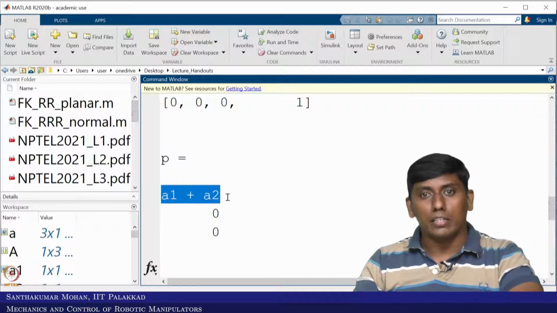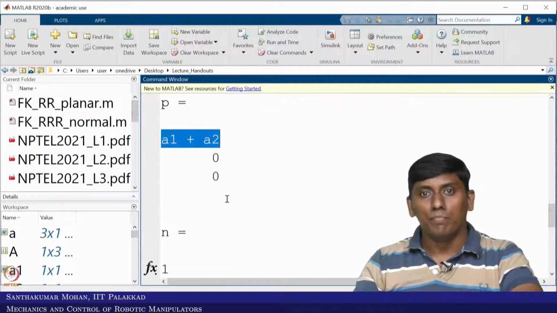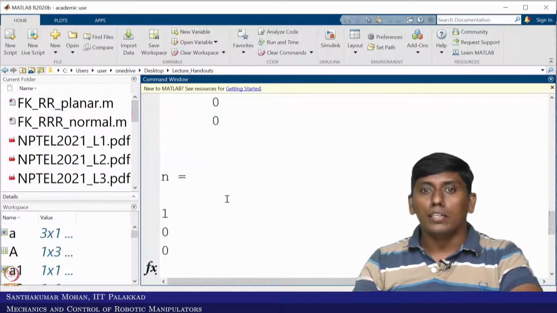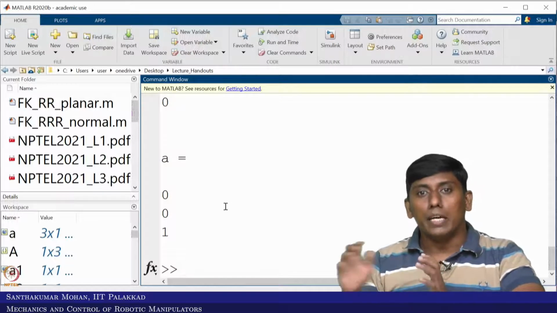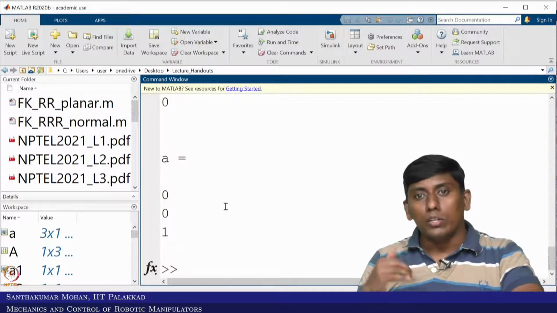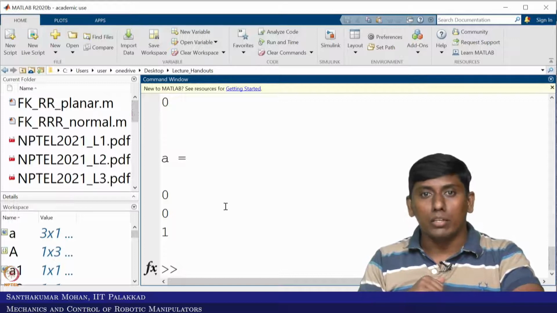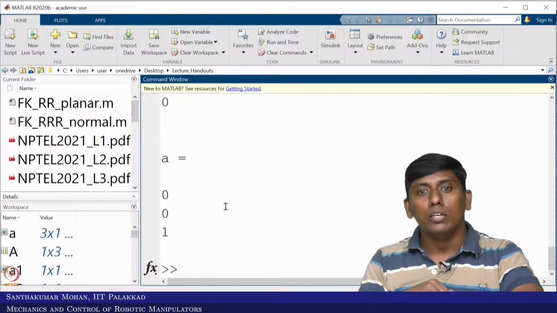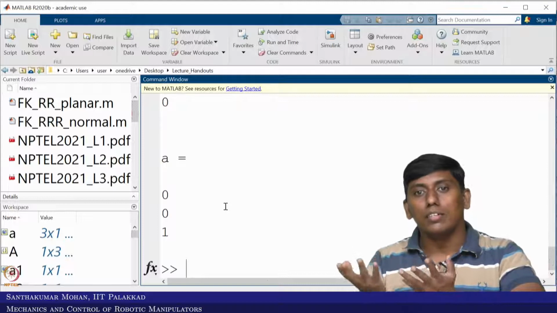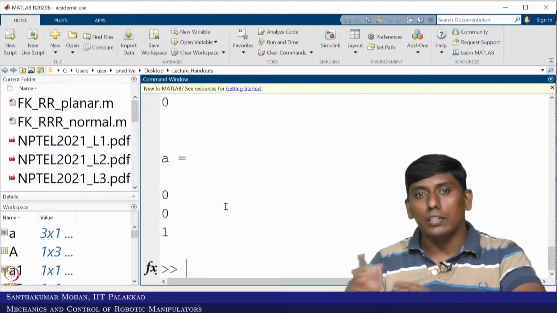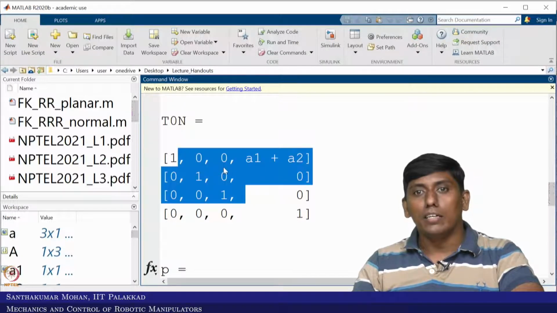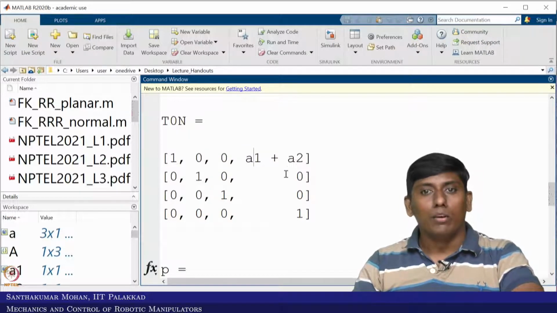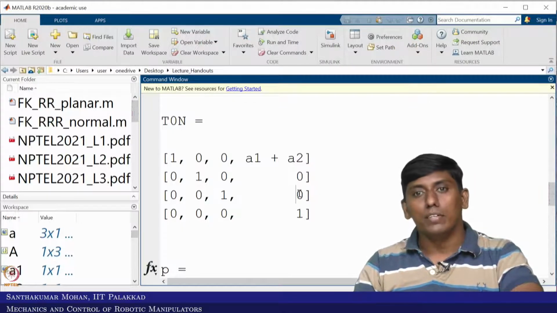that is matching with our previous attempt with the straightforward forward kinematic relation without, you can say, MATLAB, and the normal would be 1 0 0 and slide would be 0 1 0 and approach in the sense, you would be getting an identity matrix. Because your z3 axis is parallel to z0, your x3 is parallel to x0. So, in the sense you would get the orientation matrix as identity. So, that is what you are getting. You can see it is the identity matrix and x displacement only, y is 0 and z is again 0, right.